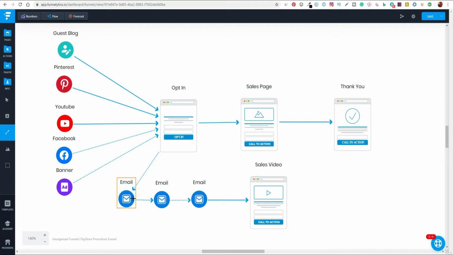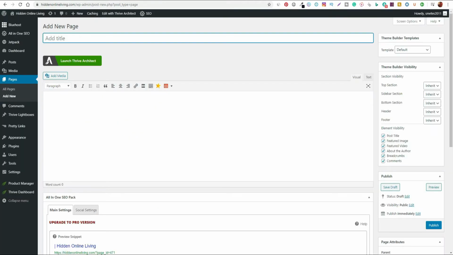But we will also have collected their email so we can promote to them further at a later stage. So that's the next step. Right, so in order to proceed with this next step, you're first of all going to actually have to have